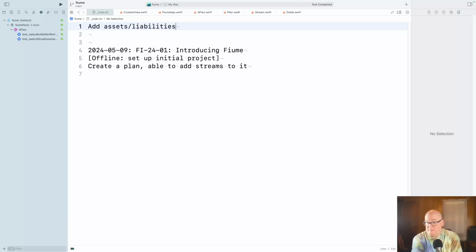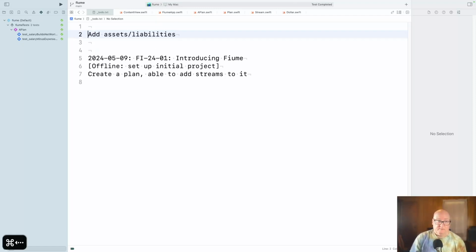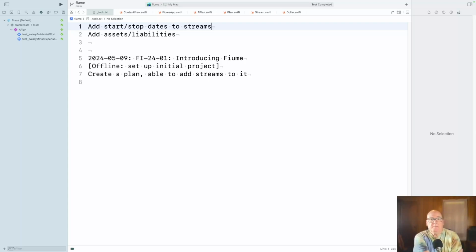Those are kind of initial values, I guess. The other one we said was add start and stop dates to streams. Okay, so, well, adding assets.